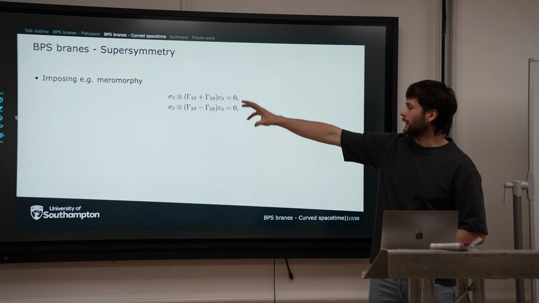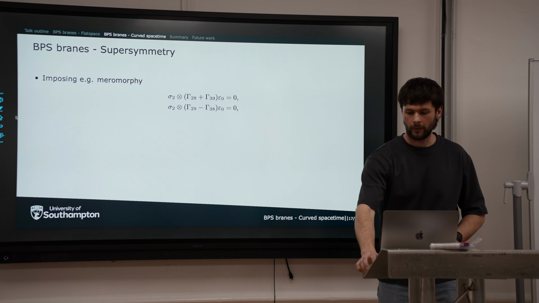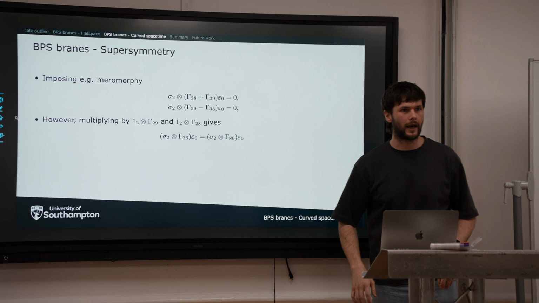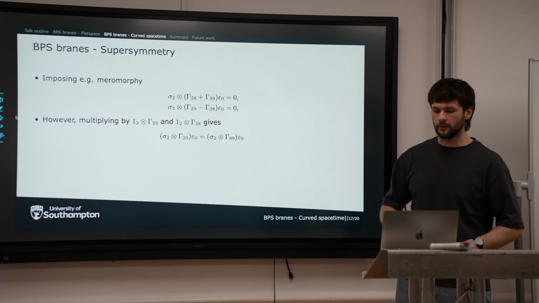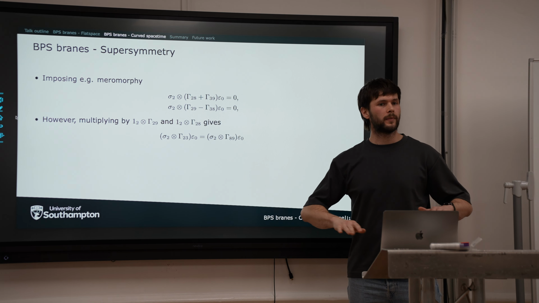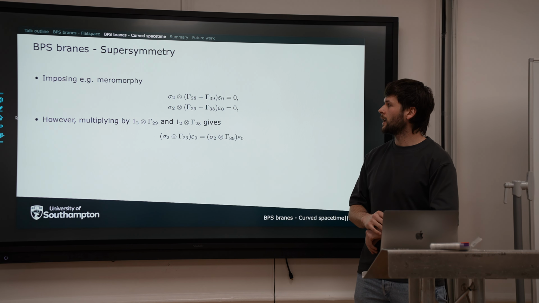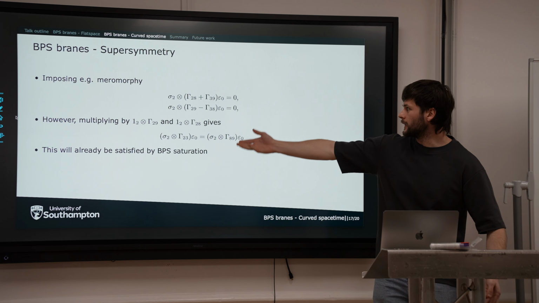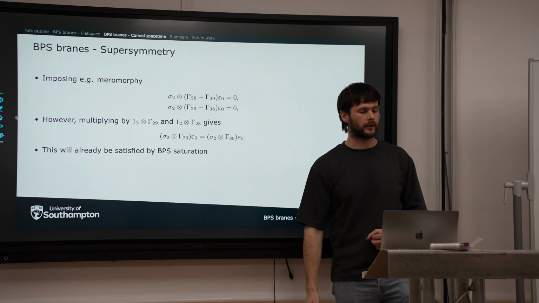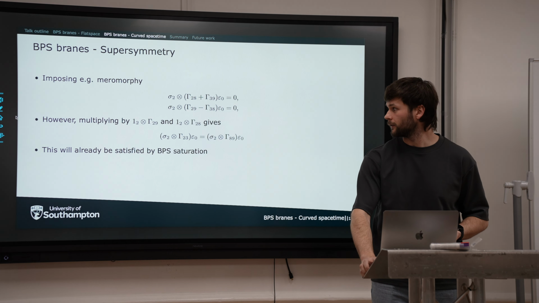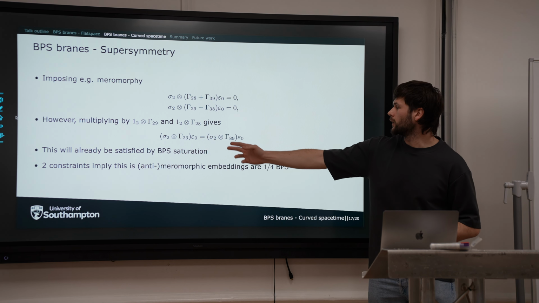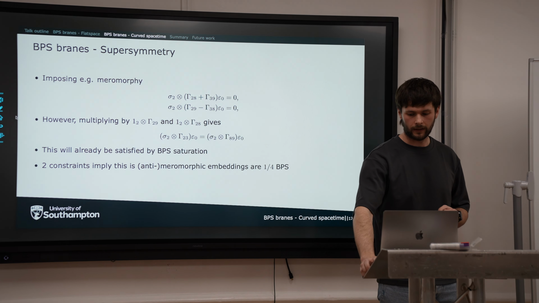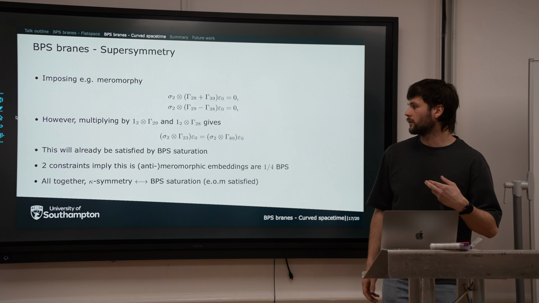But in fact, what we get left over are these pair of equations, and these are equivalent to the two eigenvalue equations that we had that impose BPS saturation. So we get nothing new. Basically, the BPS saturation is given by a meromorphic embedding, and supersymmetry is manifest when that happens. And so these conditions will automatically be satisfied when you have a BPS saturation configuration. And because there are two constraints here on what the Killing spinors need to obey, this is a quarter BPS embedding in general. So altogether, kappa